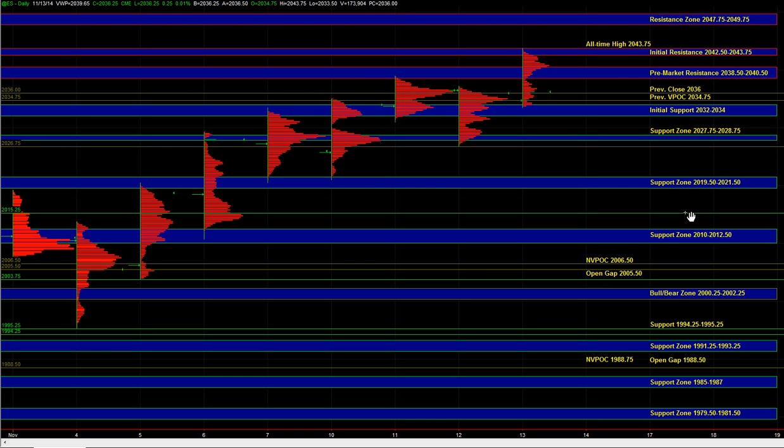Even at 32 to 34, we have to play more defense and be aware of this short-term bearishness that we're seeing in the overnight session, and just the overall theme over the last couple of days has been shifting a bit, where we are starting to see a little bit more selling in the market, and for that reason, you just want to be a bit more cautious on the long side now. You're trading near the all-time highs. The upside potential is relatively limited, and for that reason, you just want to play more defense at that 32 to 34 support. And if 33.25, that high volume node, really gives way and breaks, then 27.75 to 28.75 might